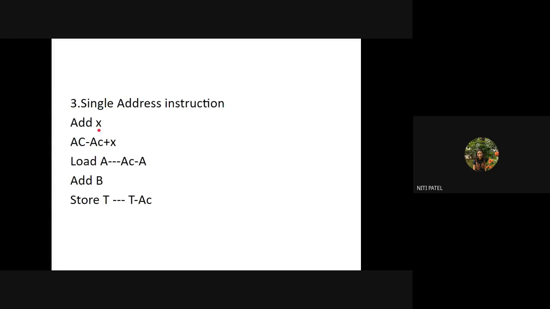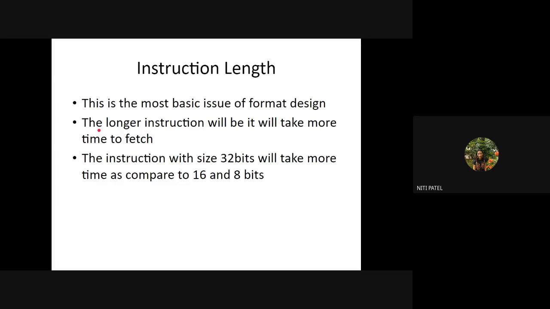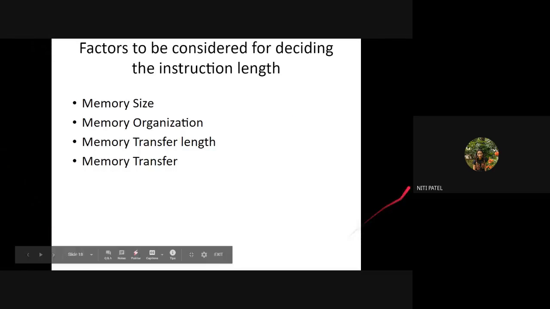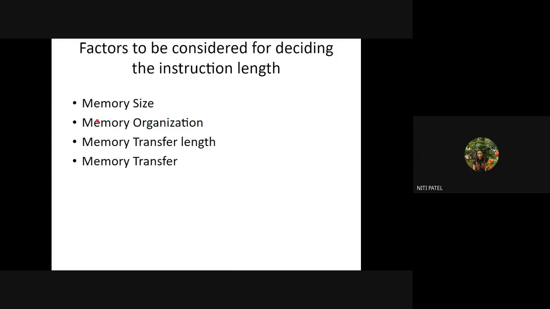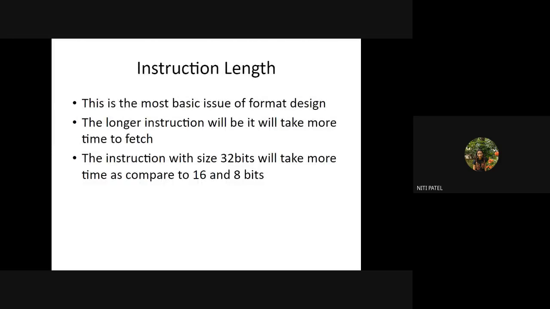But before I select this format, or before I decide on this instruction length, what do I have to check? I have to look at certain factors. These factors allow me to decide what the length of the address should be. Generally, the length of the address depends upon the size of your address bus and data bus. It cannot be more than that. So since 80386 is 32 bits, my instruction length will also be 32 bits. It cannot be more than that. Why? Because your instruction cannot be more than the size of your data bus and address bus.